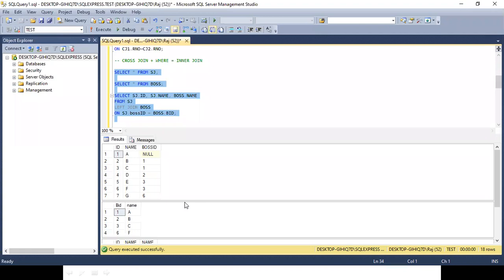Suppose I am saying ID. In one table it could be a roll number, and in another table it could be a student ID. I understand that. All I'm saying is, let's say I don't want to show boss ID at all. So we are not showing boss ID in the join. Basically, select only shows the columns highlighted in select. Obviously, yes. Whatever you want to see, you can write over here.